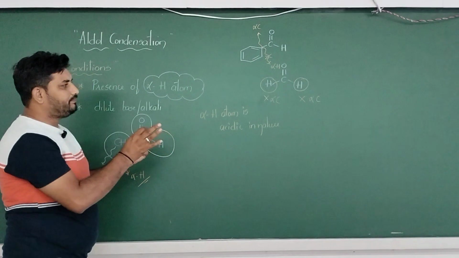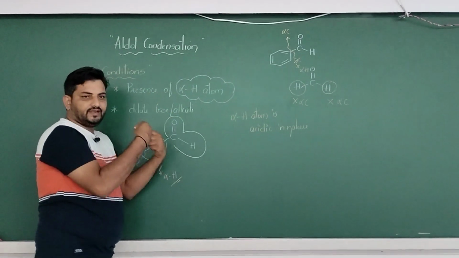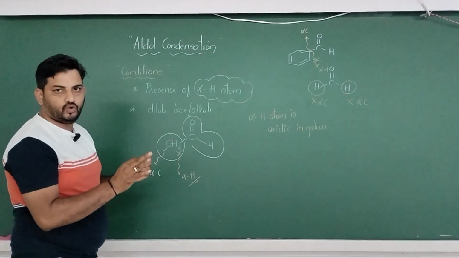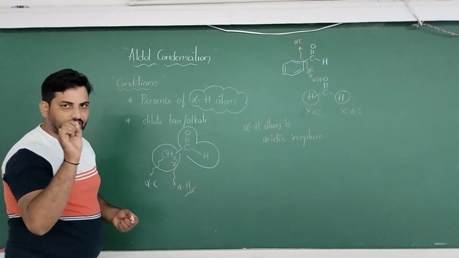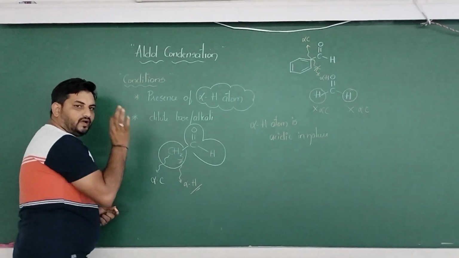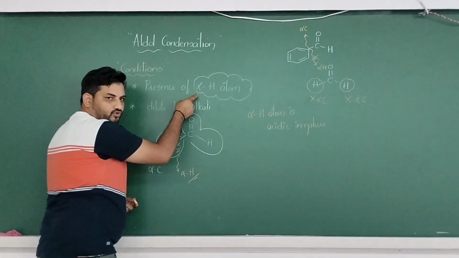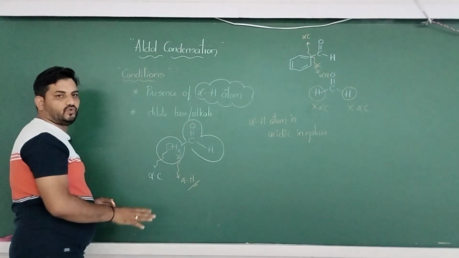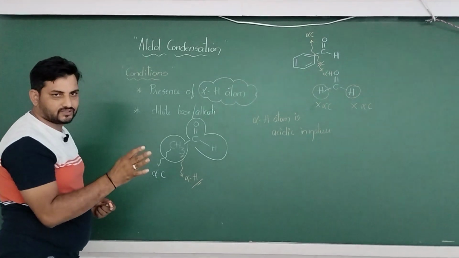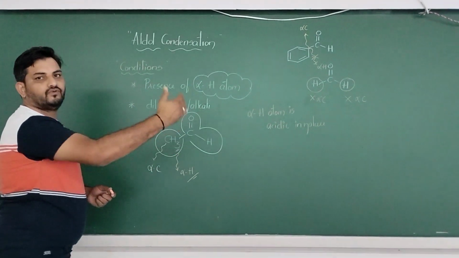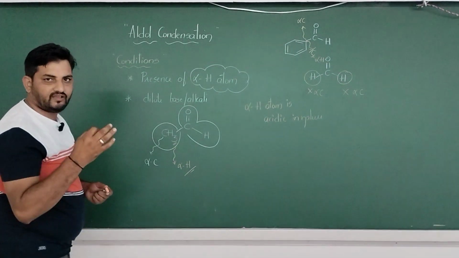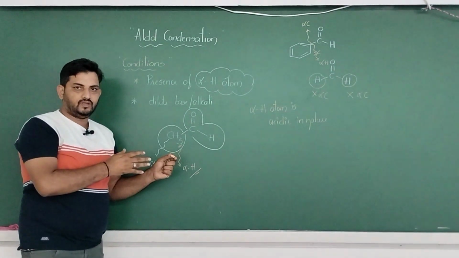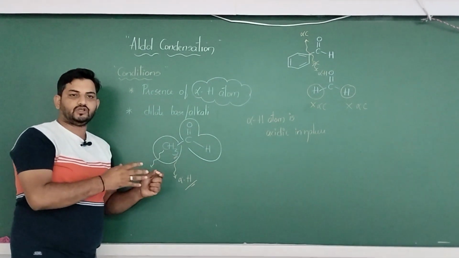Well, this is the basic idea of the primary conditions or requirements for an aldehyde or a ketone to undergo aldol condensation. I will be repeating that in a minute. Any aldehyde or ketone that has an alpha hydrogen atom, in the presence of a dilute alkali, undergoes a reaction known as the aldol condensation reaction. It is actually an aldol reaction followed by the loss of water, which is called aldol condensation. Now, let us look into the reaction and the mechanism of how this particular reaction works.